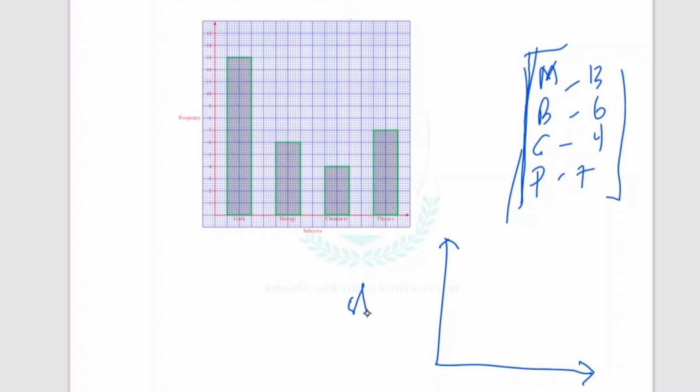Number of students. Why? It's because the number of students depends on the subject. Or the number of students varies with subjects. That's why we're having number of students on the vertical axis and subject on the horizontal axis. Therefore,